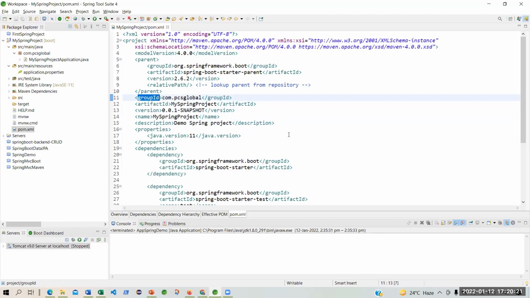These are called the properties. So property tag, you can say. Or better to say fields. If you refer to a table and you refer to XML, you say that this is the table field, which is the XML tag. And that field group ID has this value. So I can say a table having a field called group ID has a value called com.pcs global. Am I correct?